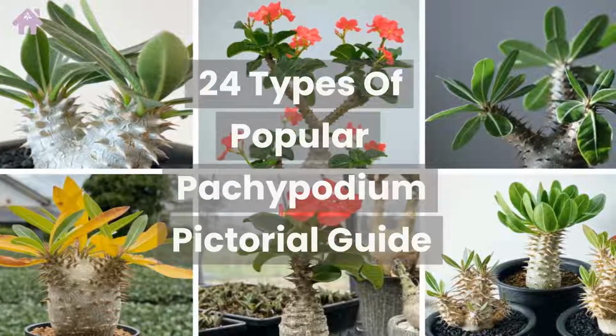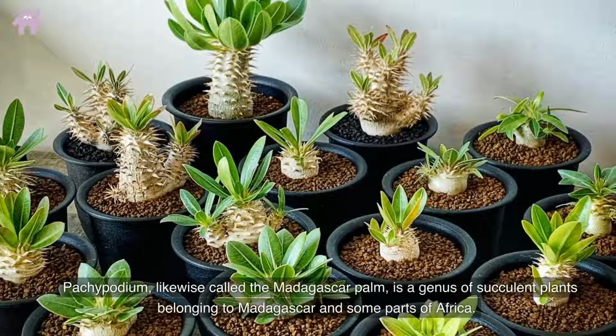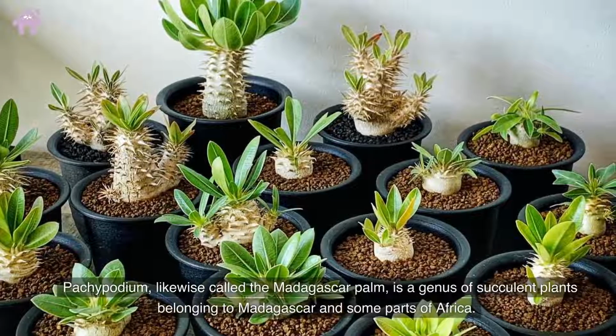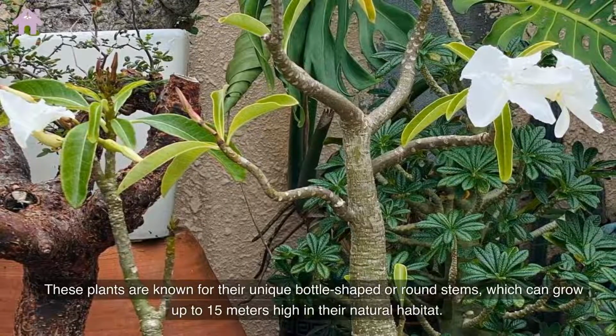24 Types of Popular Pachypodium Pictorial Guide. Pachypodium, likewise called the Madagascar palm, is a genus of succulent plants belonging to Madagascar and some parts of Africa. These plants are known for their unique bottle-shaped or round stems, which can grow up to 15 meters high in